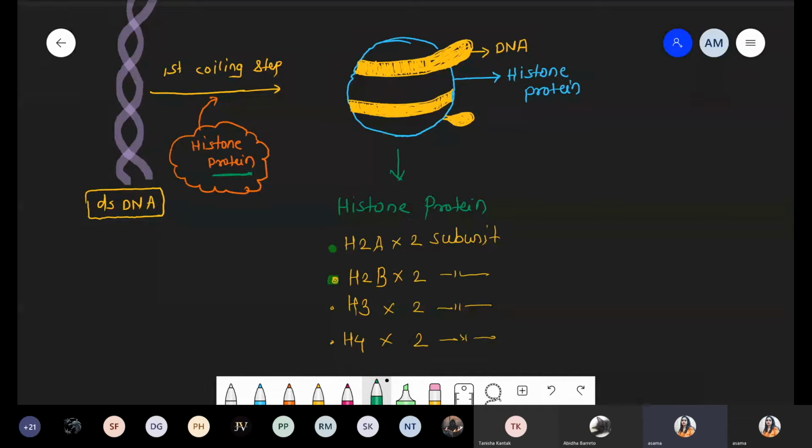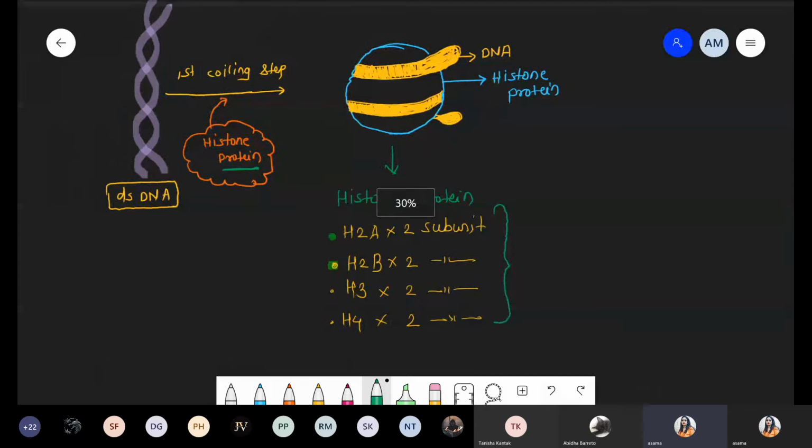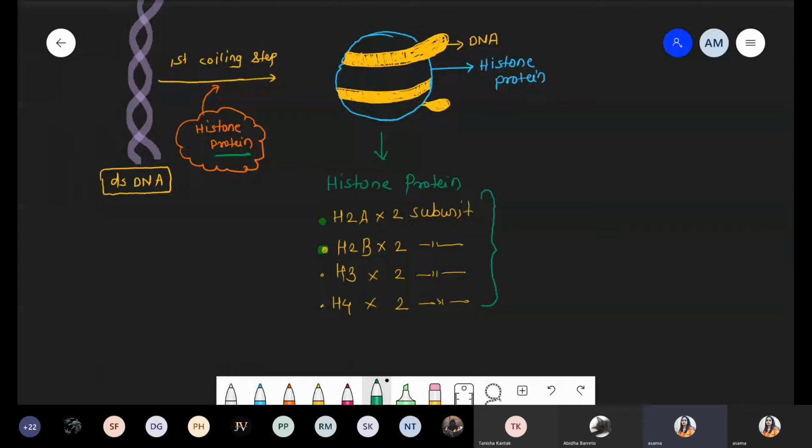So in this typical structure of histone protein, H2A 2 subunits, H2B 2 subunits, H3, H4, respectively each consists of 2 subunits. So the entire structure forms a typical structure, that is octamer, a histone protein made up of a total of 8 subunits. Octamer is also called the nucleosome,